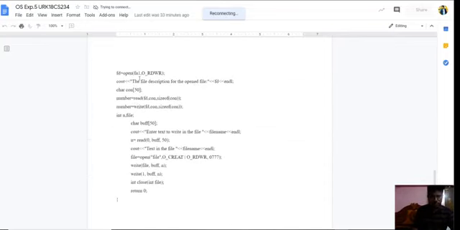See here, fd equal to open(fn1, O_RDWR) means I am opening the file named fn1. O_RDWR, as I already told you, opens the file for read and write, so you can read or write. Then cout the file descriptor for the opened file.